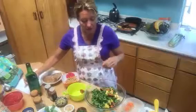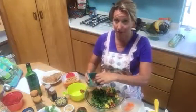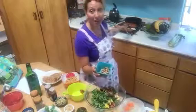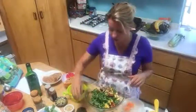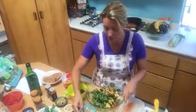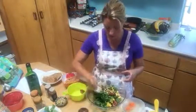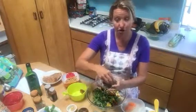And then all the fats that I want to put on here, we're going to do, oh my gosh, walnuts. I actually would have caramelized these now that I'm looking at it, since I did the sweet potato. You could caramelize these. You could even use the same pan with the coconut oil, add a little bit of cinnamon and honey, it'd be delicious. Some sunflower seeds here. And then the herbs that are anti-inflammatory that I chose to match either of these were cilantro, a little bit of garlic, cut up fresh ginger root,